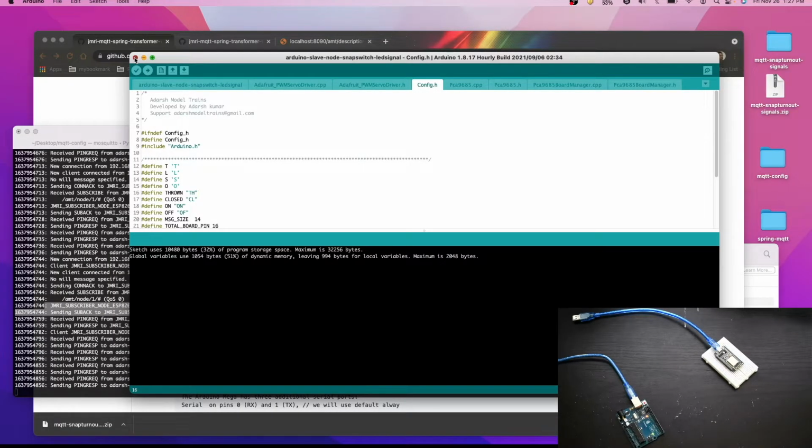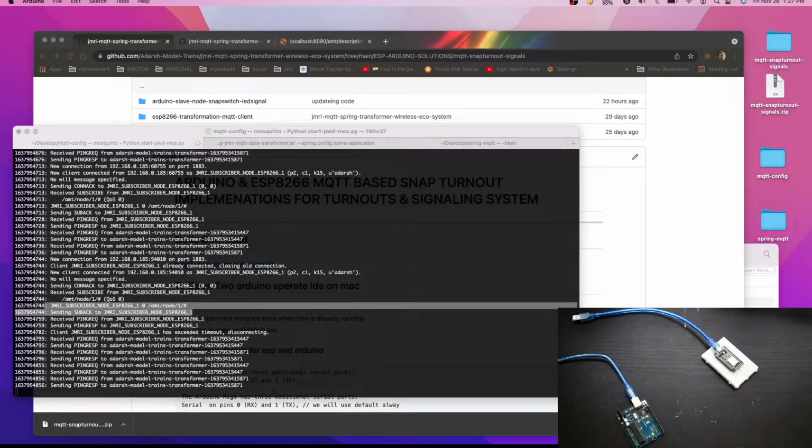Now in the next step we will configure turnout and everything with Arduino Uno.